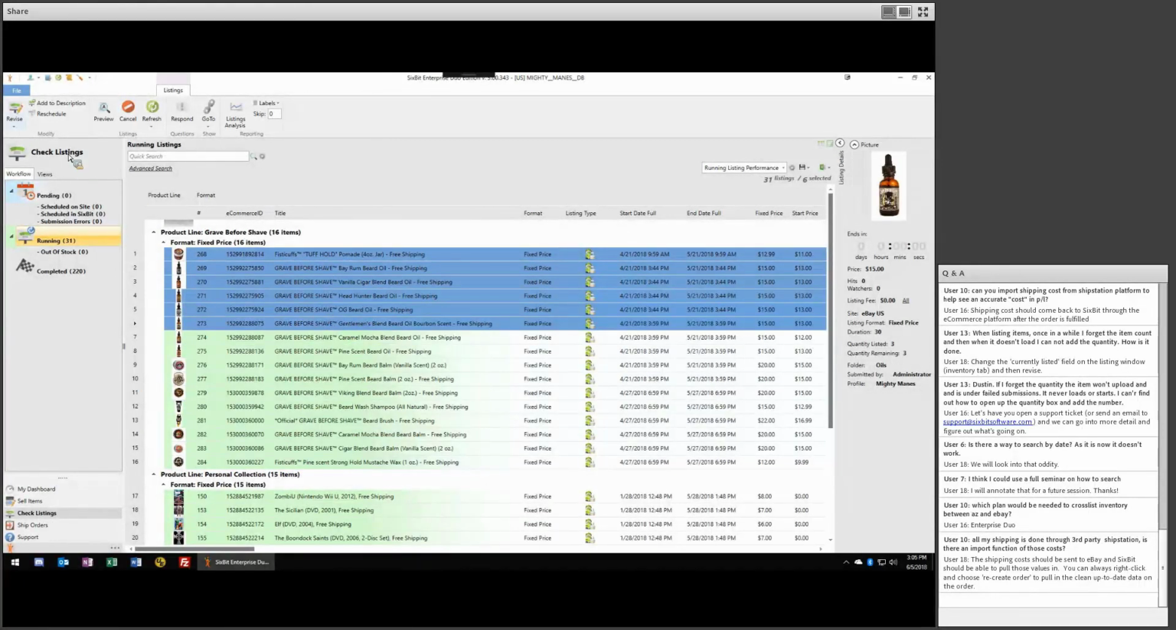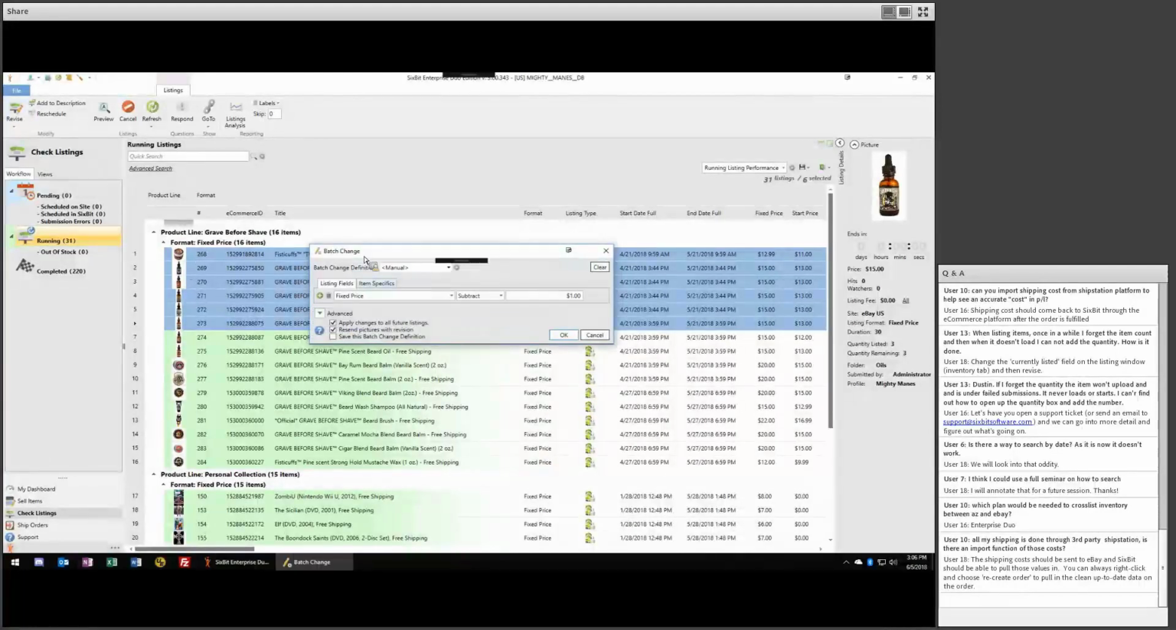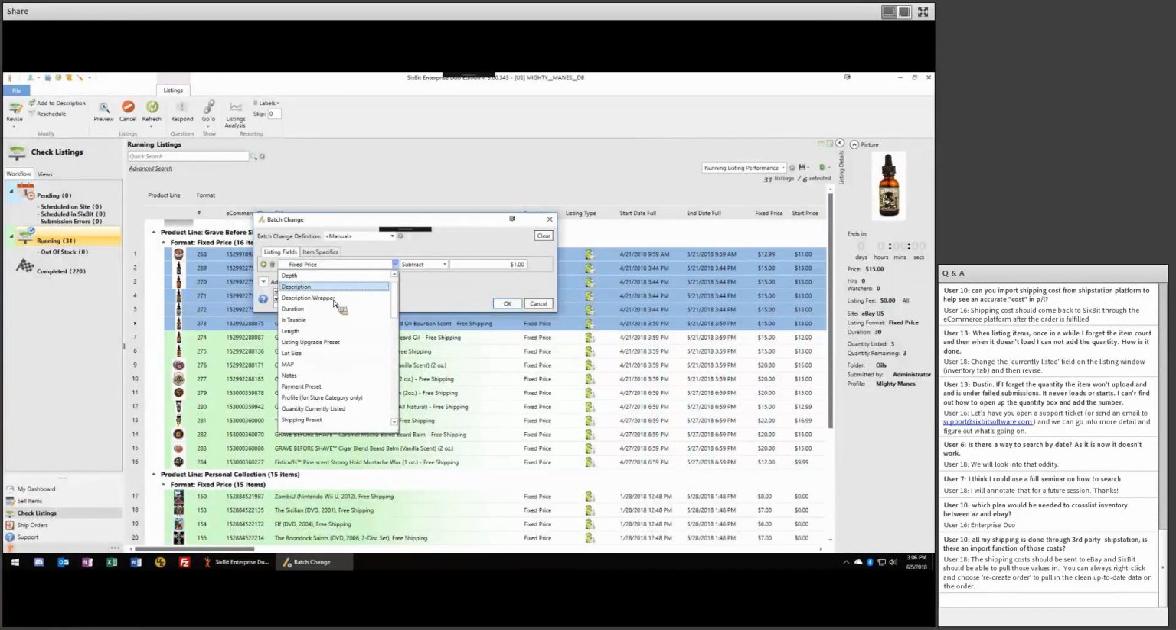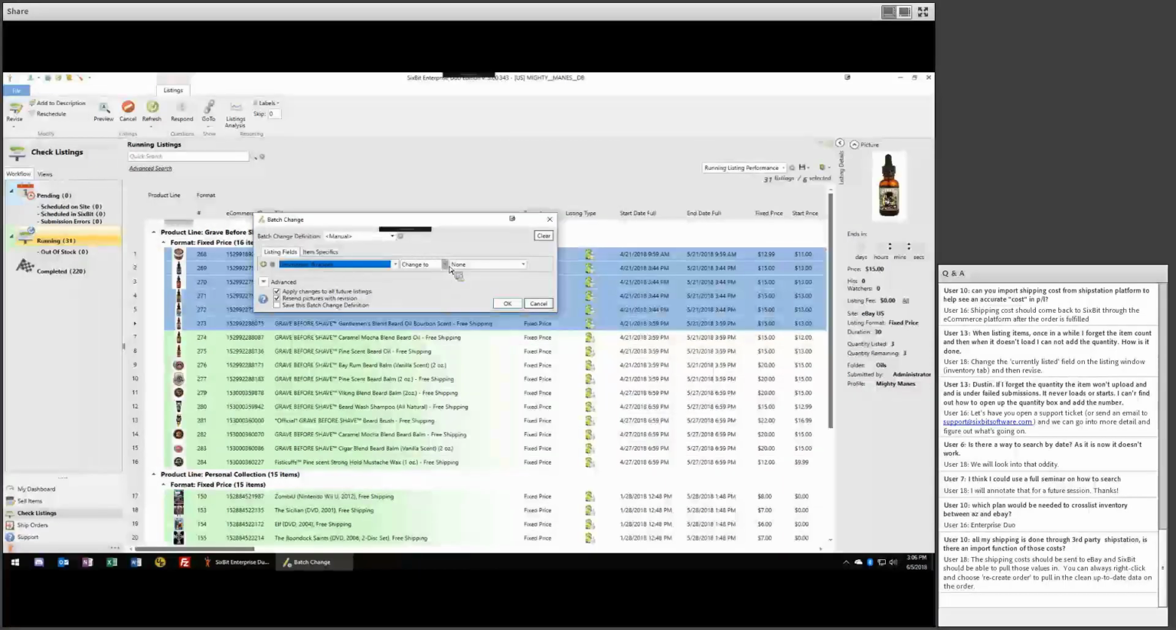So if I take this group, you can get to the batch change two different ways. You can click the drop down under revise, hit batch change, or if you're selecting more than one listing and hit revise, it's going to bring up the batch change window. And then from here, we have a bunch of options. We would find our description wrapper. You can change it to basic, and then